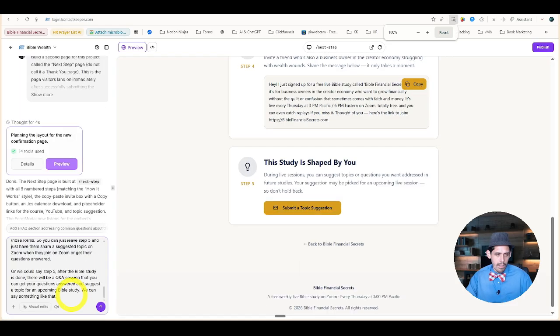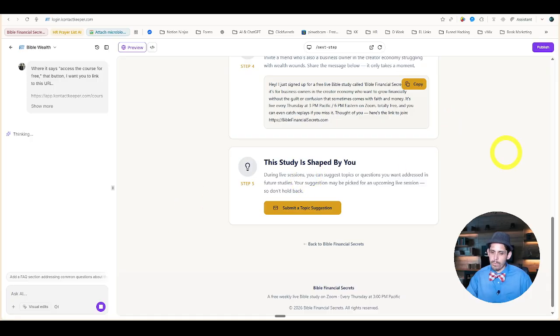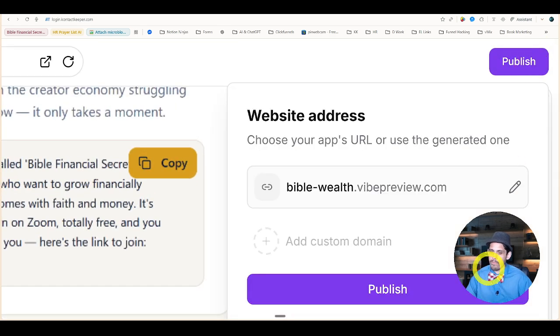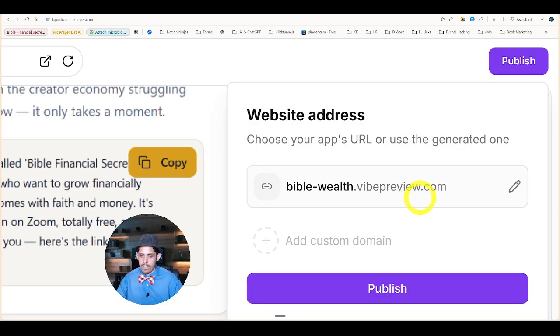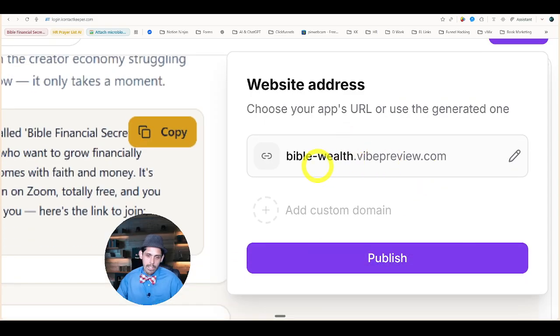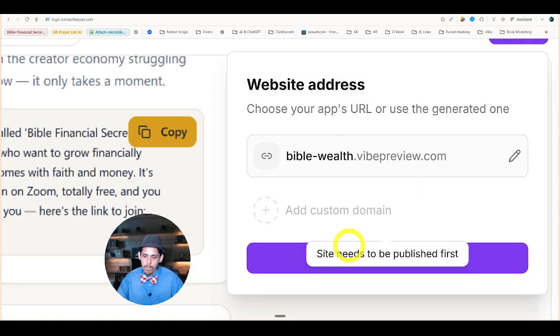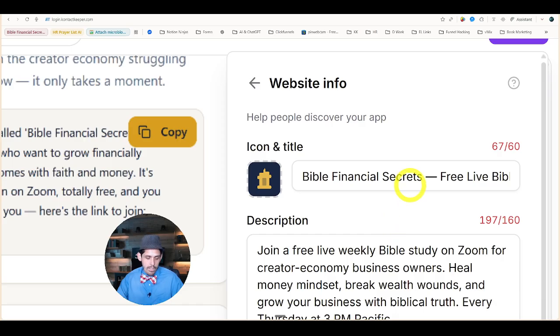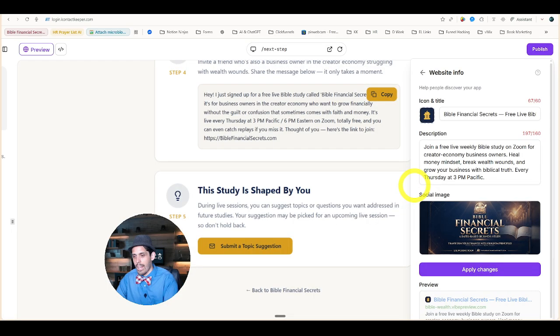And we'll send it. And I think after this, we'll be pretty good. So we were talking also before while this is sending, how do you publish it? So in the top right corner, there's a big publish button. And when you publish this, it automatically gives you a website. So you already have it live. The moment we just click that publish button, congratulations, you are live. And it has Bible Financial Secrets, faith-based Bible study,